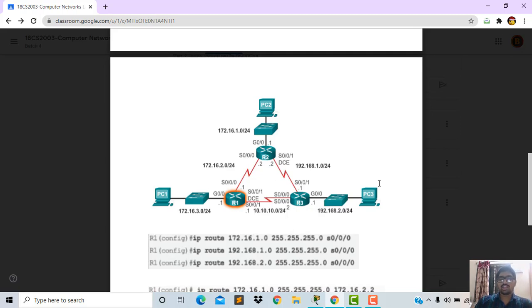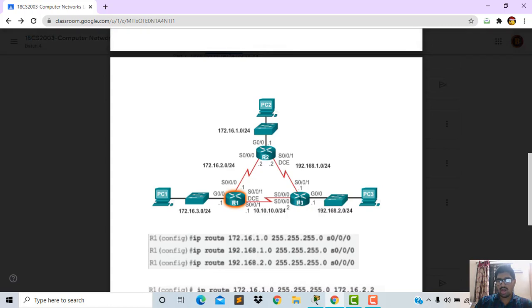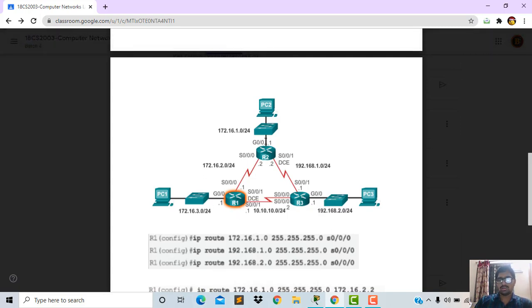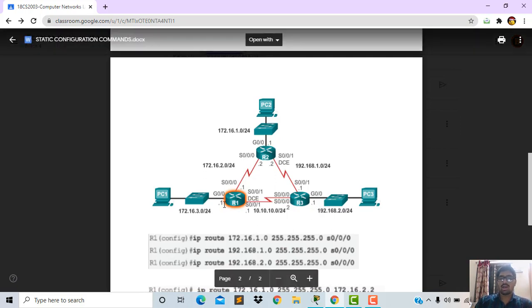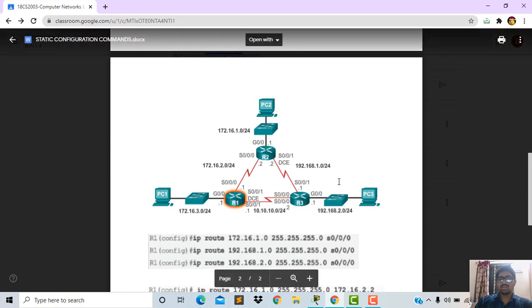In static configuration, if we want to send the packet from R1 to R3, where R2 and R3 are connected to R1, we have to cancel the R1 to R2 and R2 to R3 connection with the no command and the following IP address, and give the R1 to R3 static IP address. Then the packet will go this way.